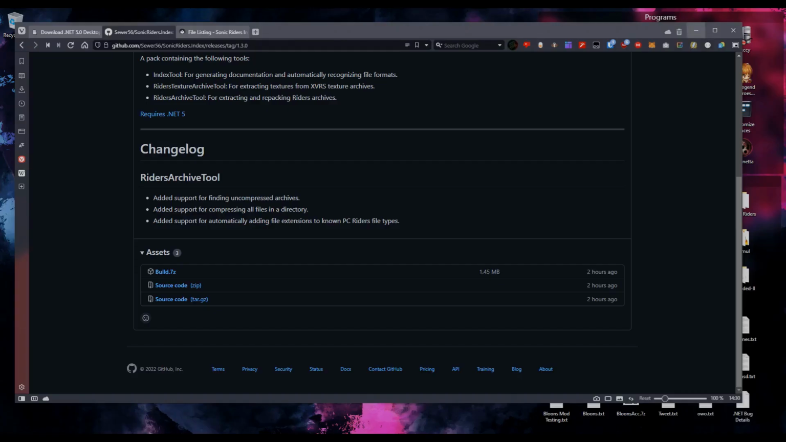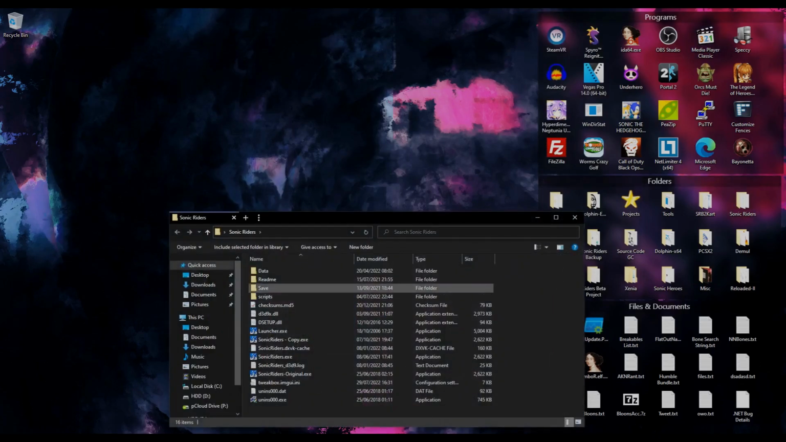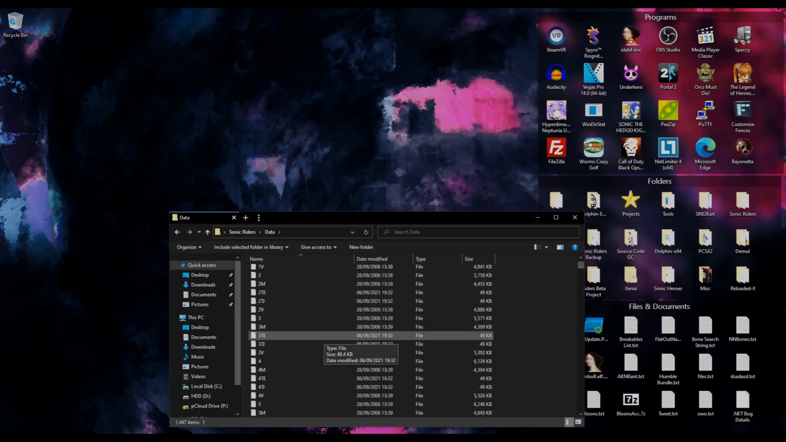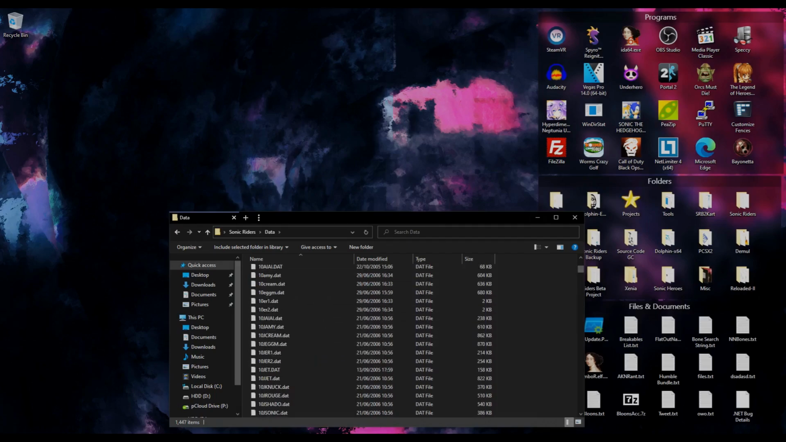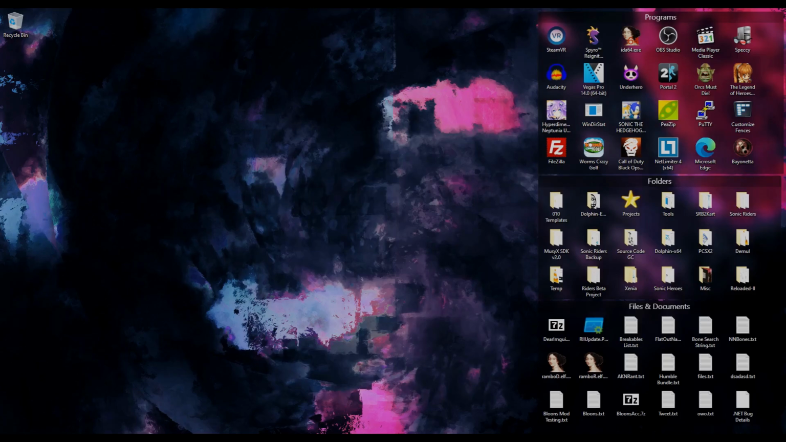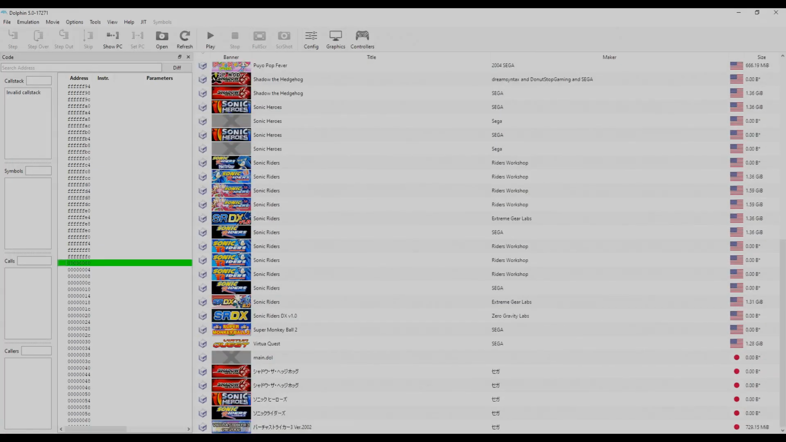Now, if you're dealing with the PC version of Riders, you're going to be dealing with a folder called data. In the PC version of Riders, there's a folder called data, and inside this folder will be all the files that you'll need. If you're working with GCN or GameCube, you will want to go into Dolphin, find the Sonic